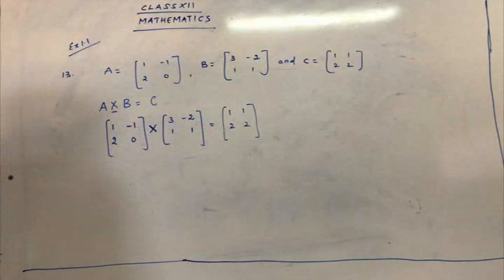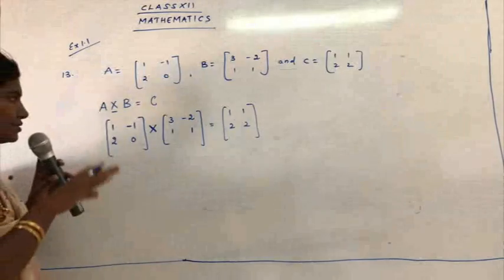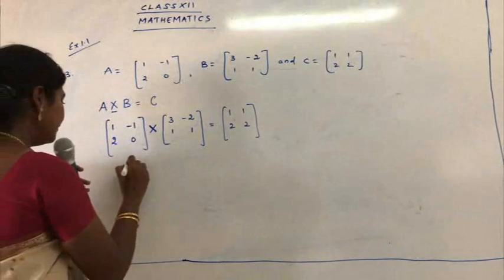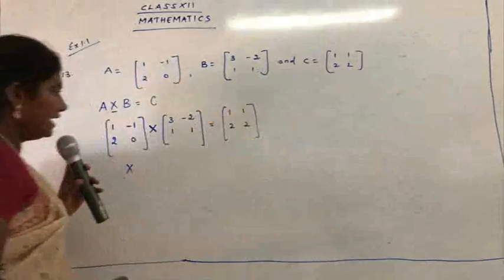Now let's see how to proceed with our sum and how to place the matrix on the RHS part. Now what is unknown over here? The X matrix is unknown. So keep X matrix on the LHS part itself. So I'll just have here X. Now we are going to place this matrix on the RHS part.